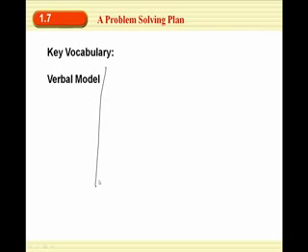A verbal model is defined really well on, let me see if I can find the page. I thought maybe on the second page, no, bottom, on page 39 in example 1 where it says make a plan, it has verbal model highlighted in yellow. It says a verbal model uses words to describe ideas. It's like taking a problem